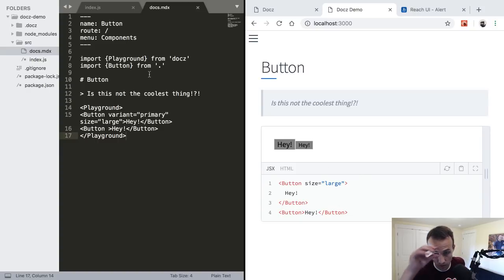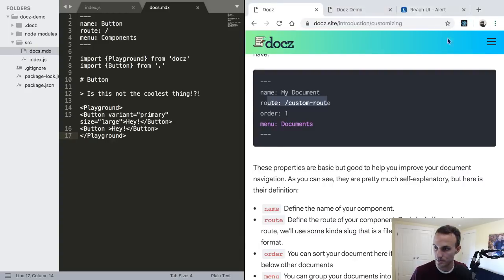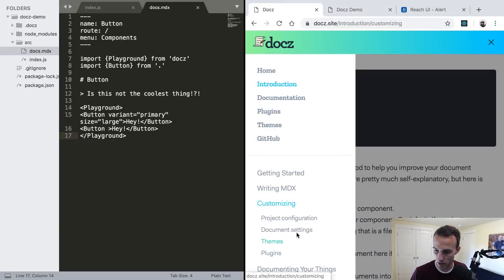I feel like there are a couple other things. Docz supports theming and a whole bunch of other really awesome features, which I think you should go check out. So let me just check really quick. Is Docz used primarily for React and such? Yes, technically. You can also use it for React Native, but Docz has this interesting thing where they're doing